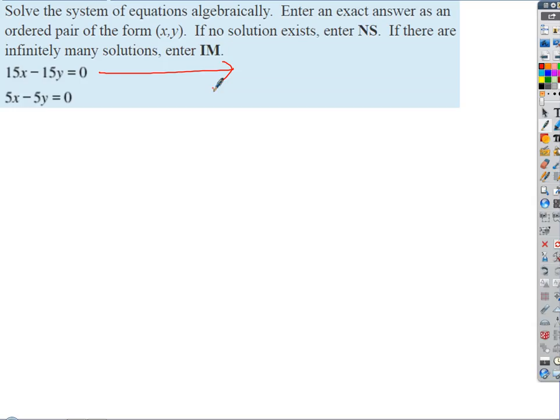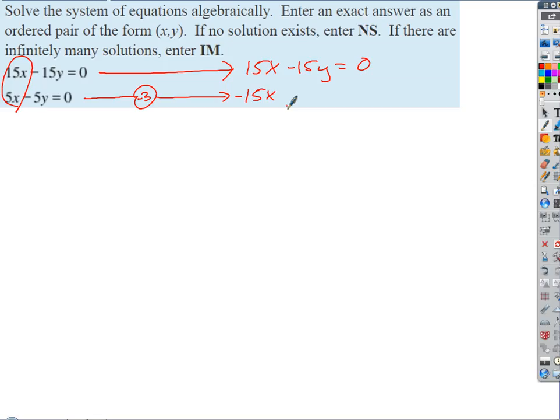That one stays the same, so we just draw an arrow, just a plain arrow. This equation we're going to multiply through by 3. And remember, our reason for doing that is so, for example, if we look at the x's, actually let's multiply by -3. Either one would work, and we can talk about that later. We want to multiply by something so that we can get at least one of the variables to cancel out when we add the two equations together. So we'll multiply by -3, and that gives us